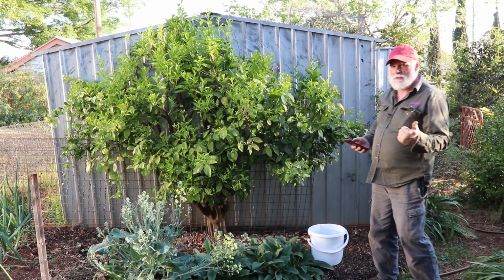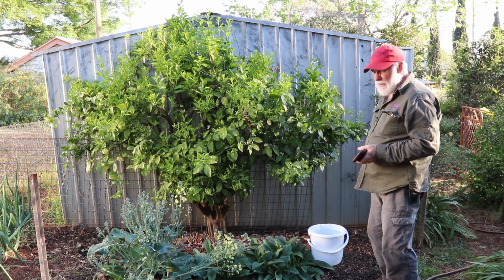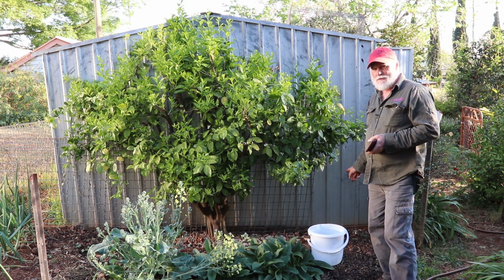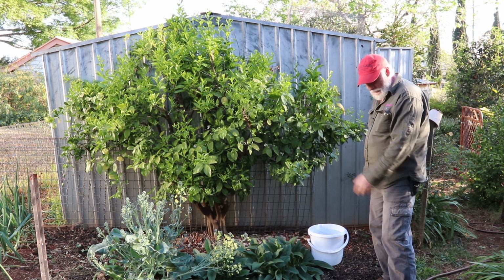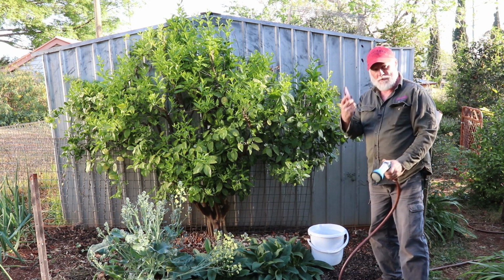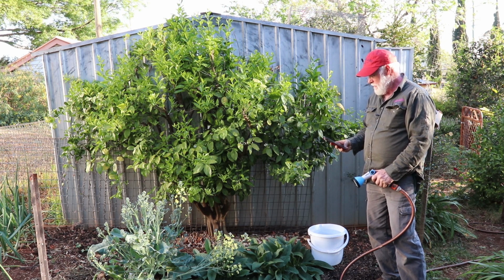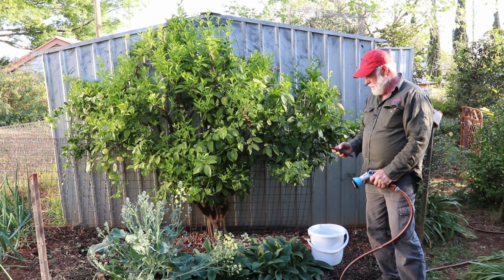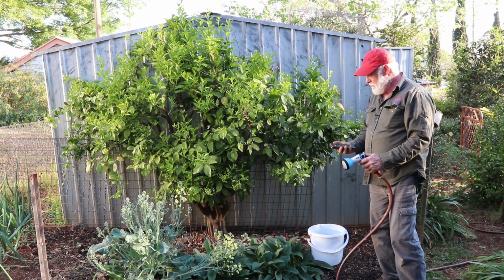So every minute I get 20 litres of water. I need 125, so that's 2 sixes are 120, so that's as close as I'm going to get. So I need to stand here with my hose, my phone again, and this time I set the timer to 6 minutes, hit the start button,